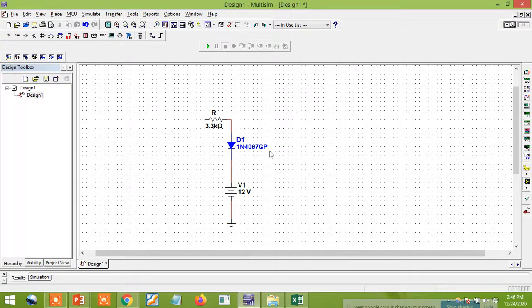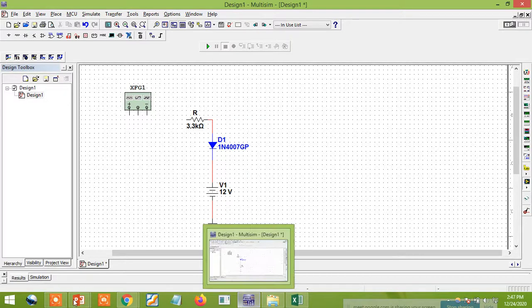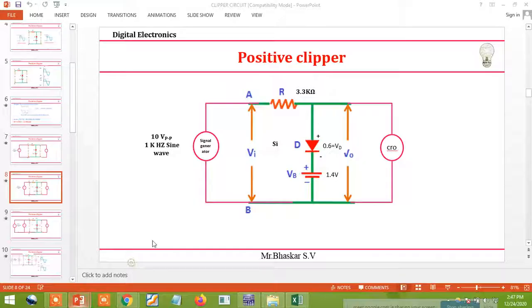Next, I want to give the input for this circuit. To give it, you have the option of a signal generator. You can see that the multimeter and function generator are there. Just select this and I can connect it here. Here you'll get positive, negative and 0. You need to connect the positive terminal first here, because I already told that in the circuit diagram. So the positive I need to connect to here, the signal generator. Negative means ground connection, I need to connect it here. And I need to set a 10 volts peak-to-peak signal and a 1 kilohertz sine wave.